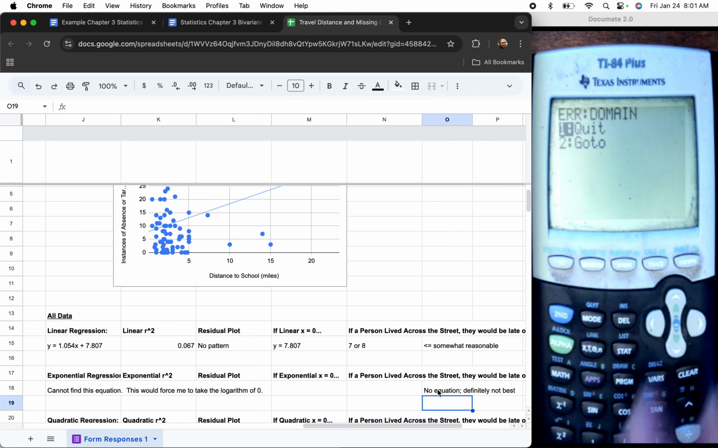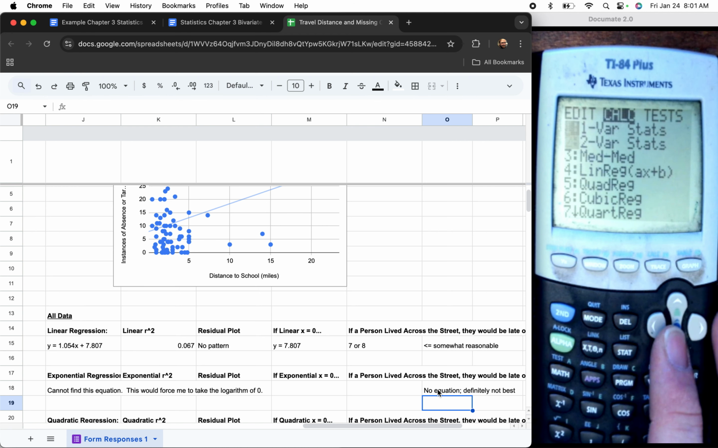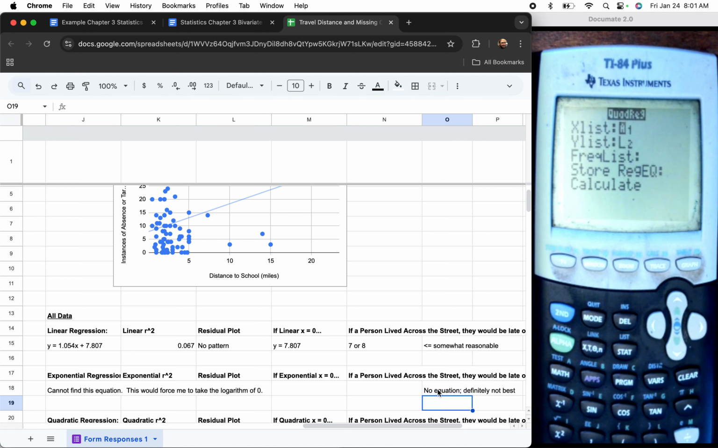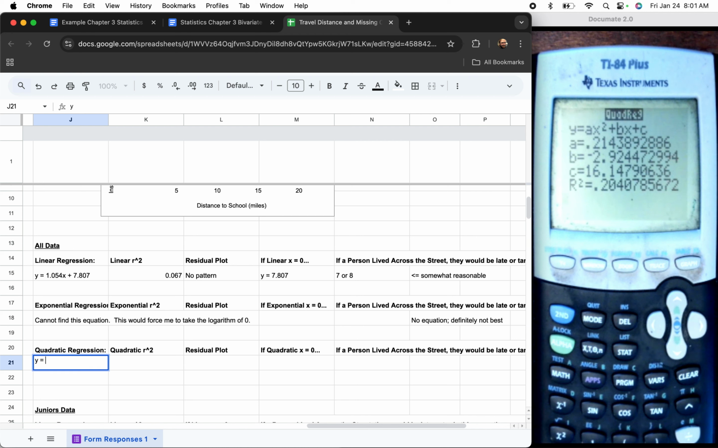But we still need to check our quadratic, so let me quit out of that. So stat, calc, and then option 5 is a quadratic regression. Let's see if this is better than the linear regression. And then we'll try to get another residual plot if we need. So this is looking a little bit better. Our quadratic regression is y hat equals